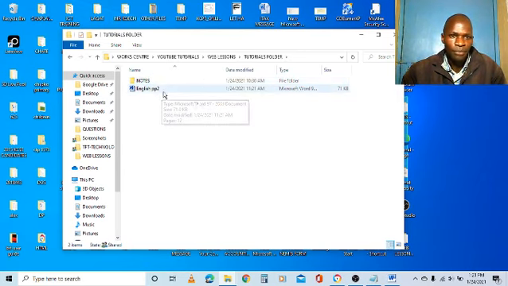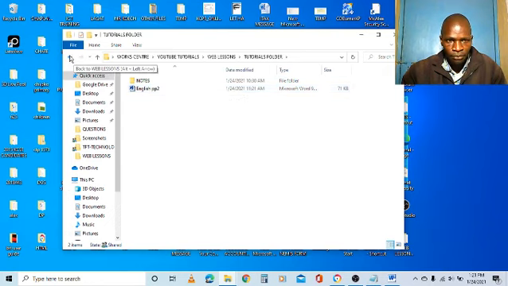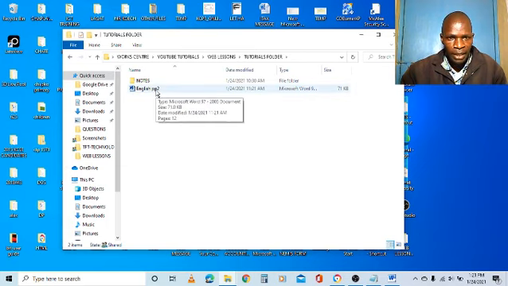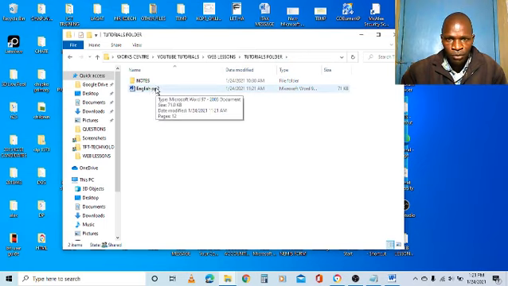So that's how to copy and paste a file. That is copying a file from one place to another. You can also move a file from one place to another. That will be cut and paste. So this file, which is within this folder, I can move into this folder called notes. Because I want to move, I need to cut.